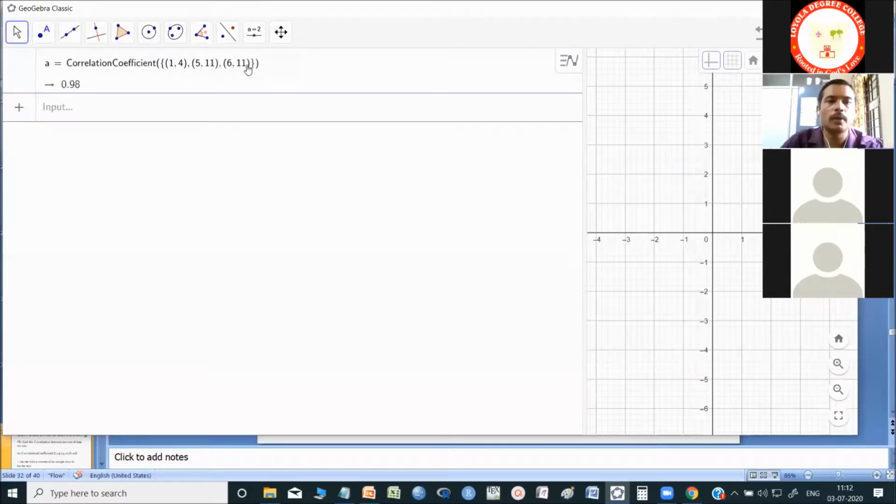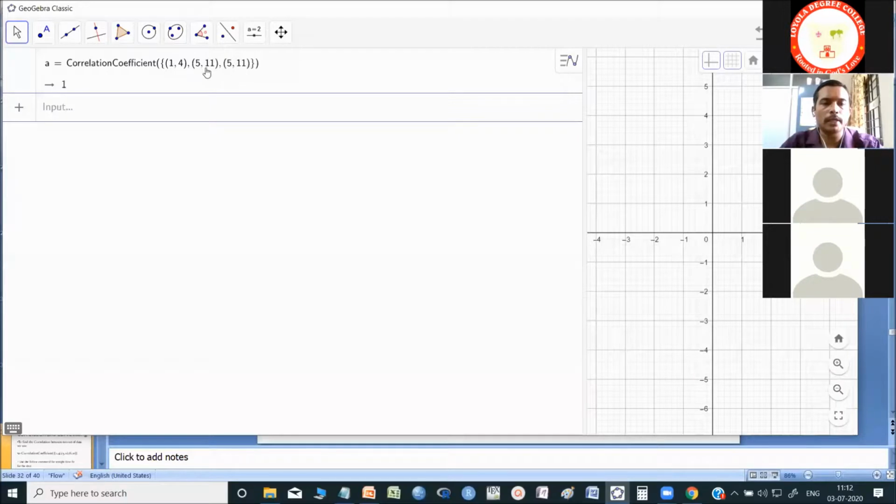If you want to change it, for example, instead of 6, if I write 5, you will get the correlation coefficient exactly 1. Hope you remember the correlation coefficient is a number between minus 1 and 1.